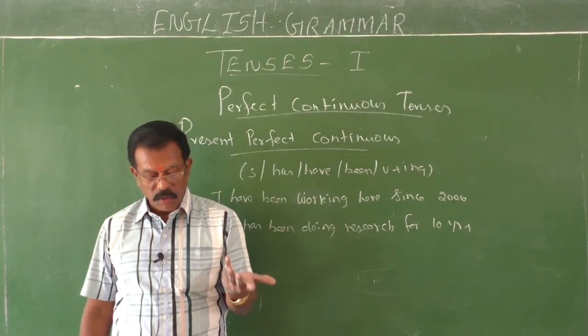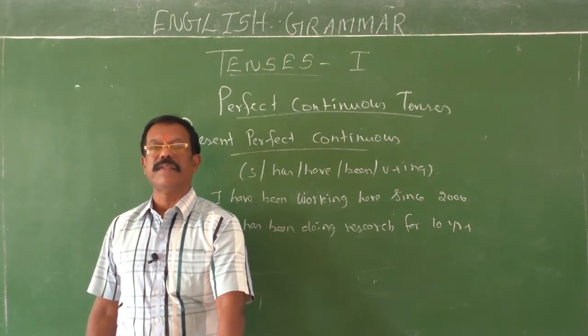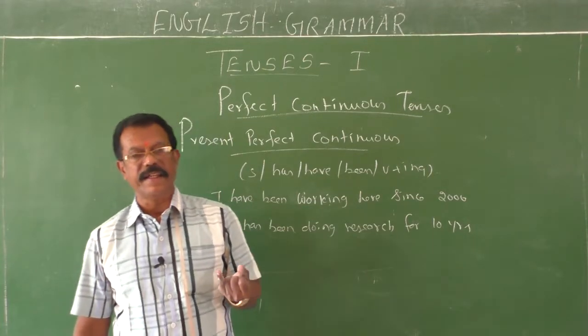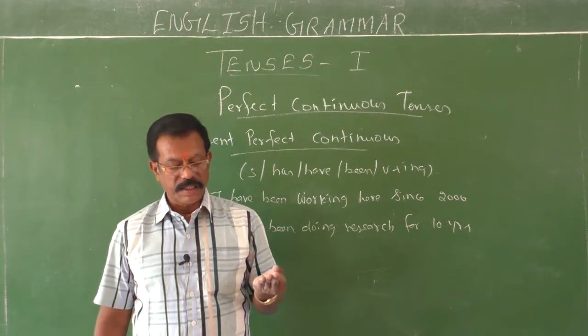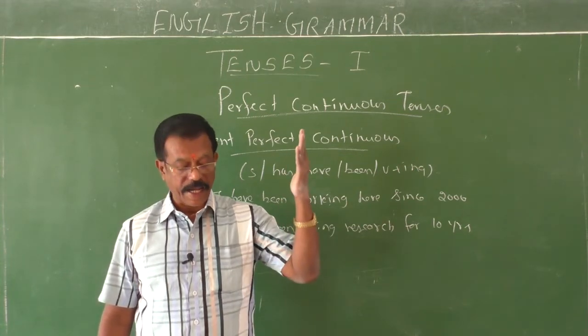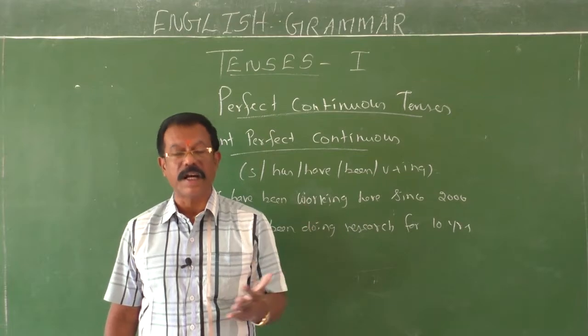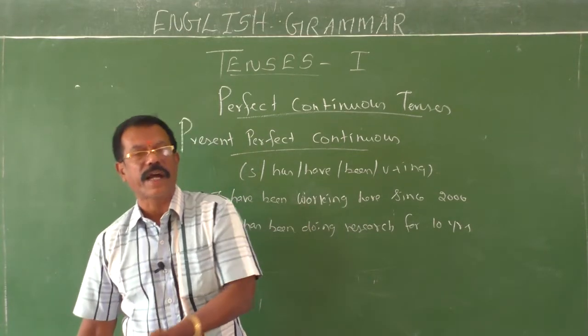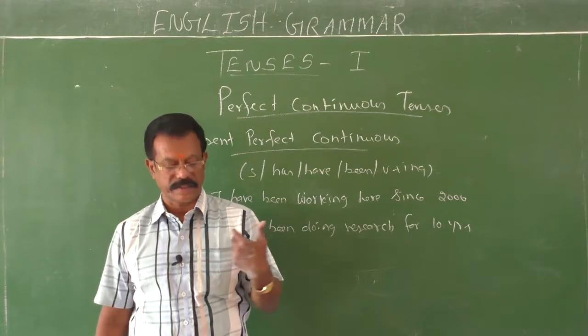It has been raining the whole day. It has been raining all month. Okay. So in this way, the keywords are lately, since, for, the whole day, the whole week, etc. For example, it has been raining the whole night. It means it has dawned, still you have rainfall, still you have showers, like that.